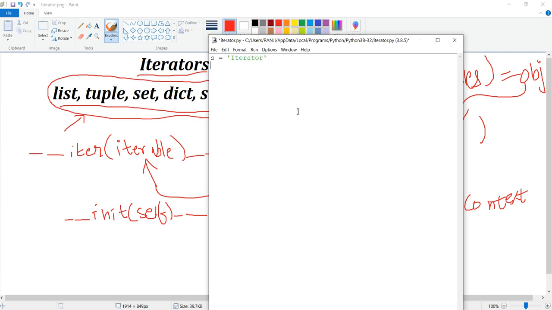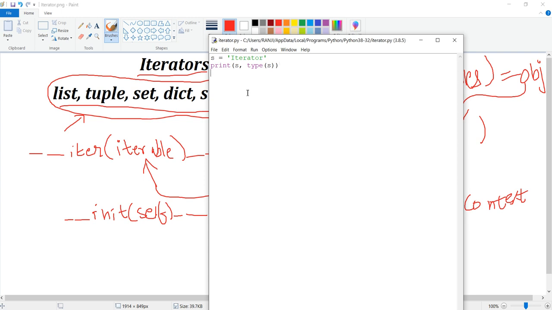iterator. Okay. And now this is a string. So what I do is I just print s, and I also print here the type of s, so that you can understand what is internally happening, and how it is being converted from one data structure to an iterator object.